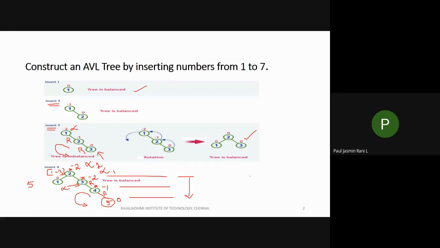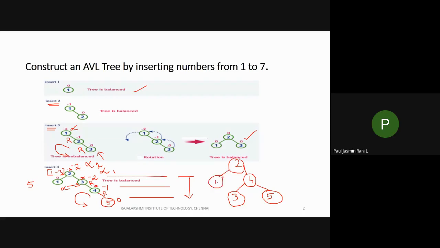So when you do this, what happens? You will have a 4 in your root node, on the left side you will have 3, and on the right side you will have a 5. Okay, so next, you keep your root node as it is, 2. Next, after this you will have a 1.